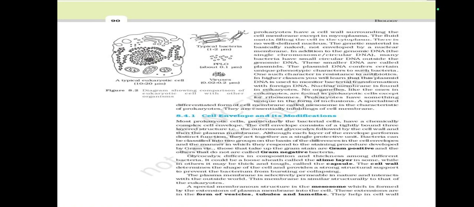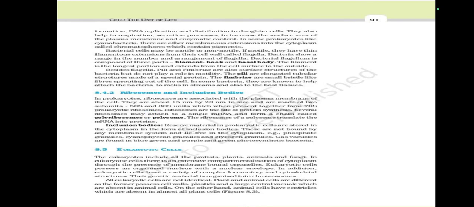A special membranous structure is the mesosome, which is formed by the extensions of plasma membranes into the cell. These extensions are in the form of vesicles, tubules, and lamellae. They help in cell wall formation, DNA replication, and distribution to daughter cells. They also help in respiration and secretion processes,